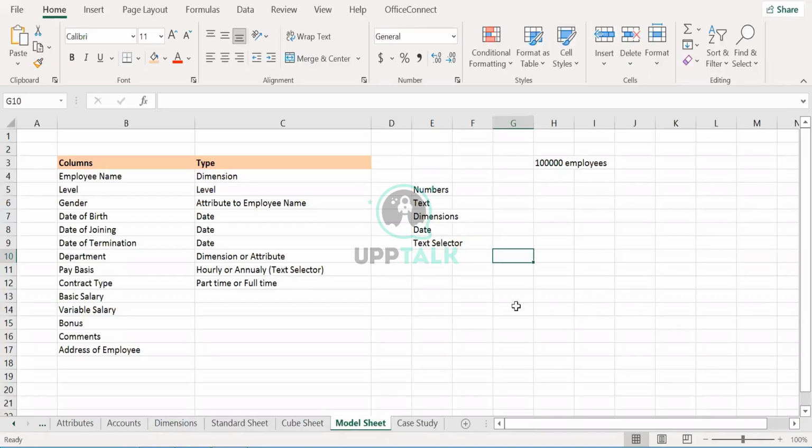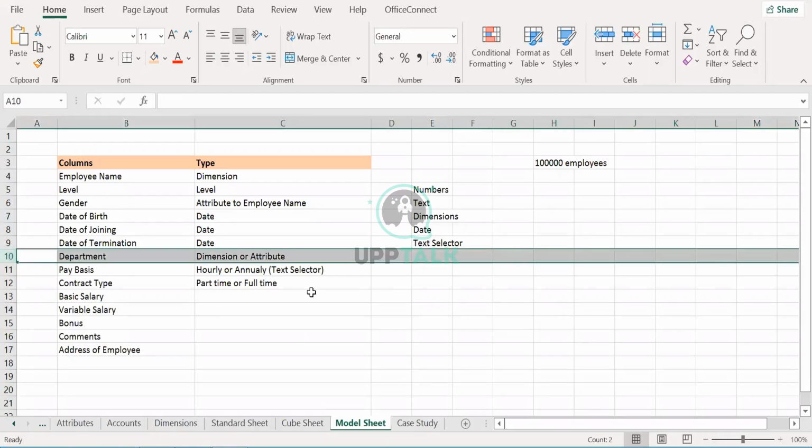If from the finance team 50 people left the job and 60 people were hired, and they want to do such analysis, that means they are doing that planning at department level. But if they only want to do analysis or reporting, then you don't require it to be created as a dimension. It can be an attribute, it can be a dimension.